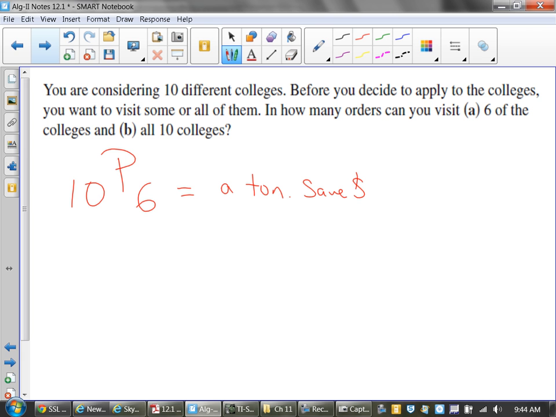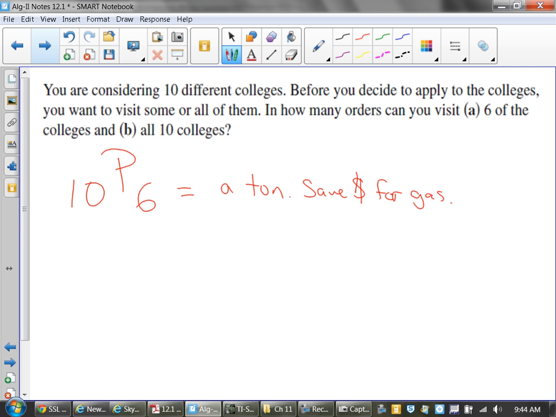1,051 for 151,200. A ton of save money for kids. You're going to do that. Well, there's a lot of driving there. Okay? Now, if you're going to visit all 10 of them, 10 for me, 10, or would it just